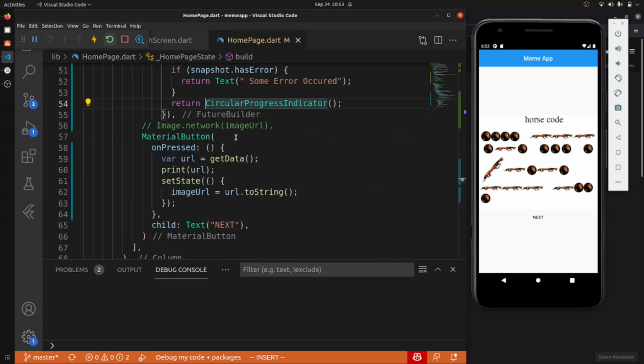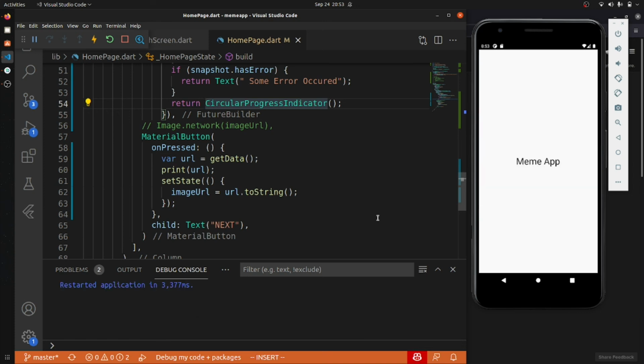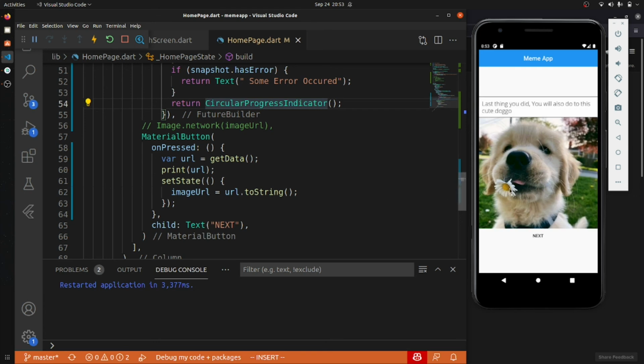let's rerun the whole application once. It's taking a little bit of time, but this is due to the network call issue.